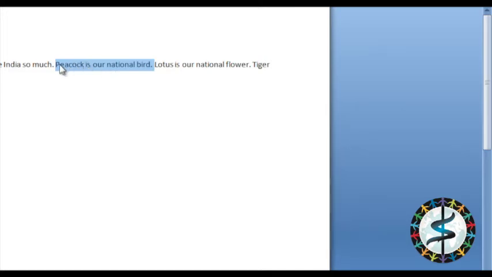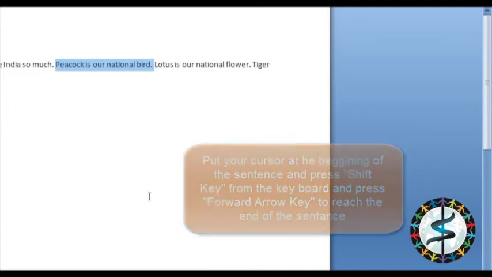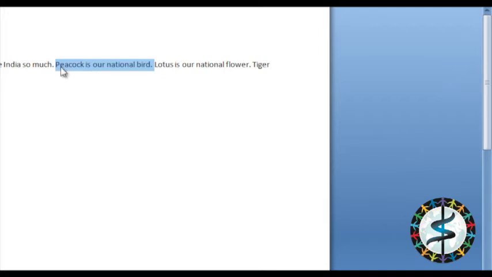You can also use the Shift key, place the cursor at the beginning of your selection, press the Shift key on your keyboard, and by moving the arrow keys you can select a segment of the sentence or the entire sentence you want to select. So our text is selected now.